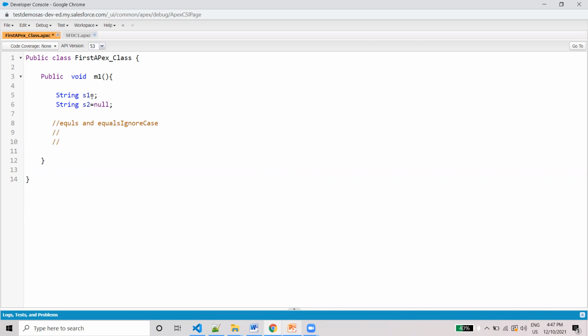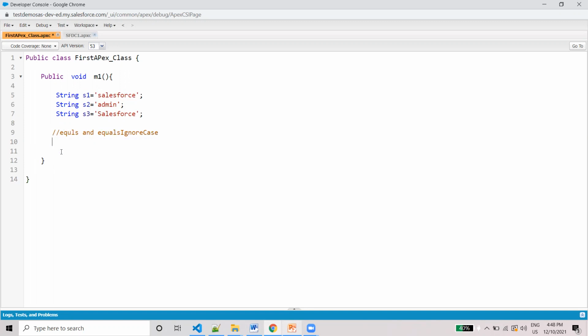I'm going to print Salesforce for s1, then admin for s2, and for string 3 I'm going to print Salesforce again for s3. S1 is Salesforce with a capital S, and s3 is Salesforce with a small s.